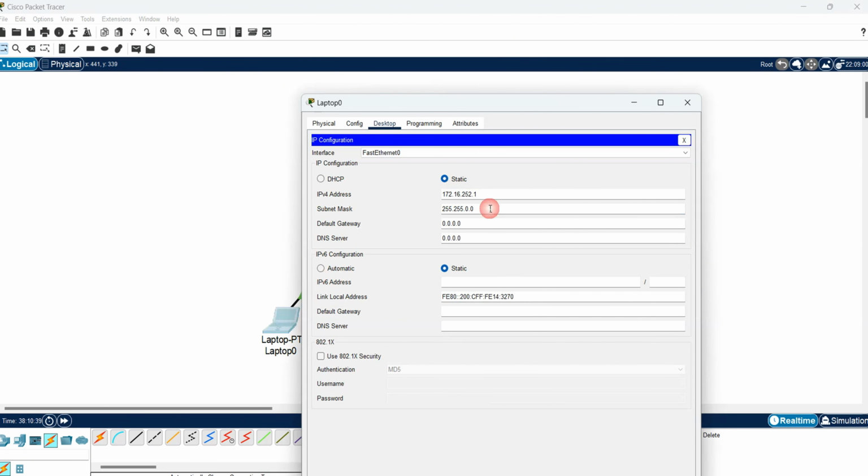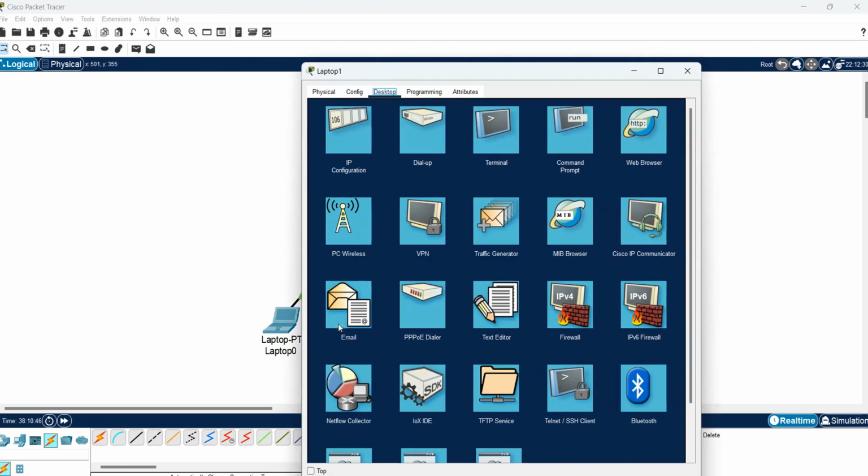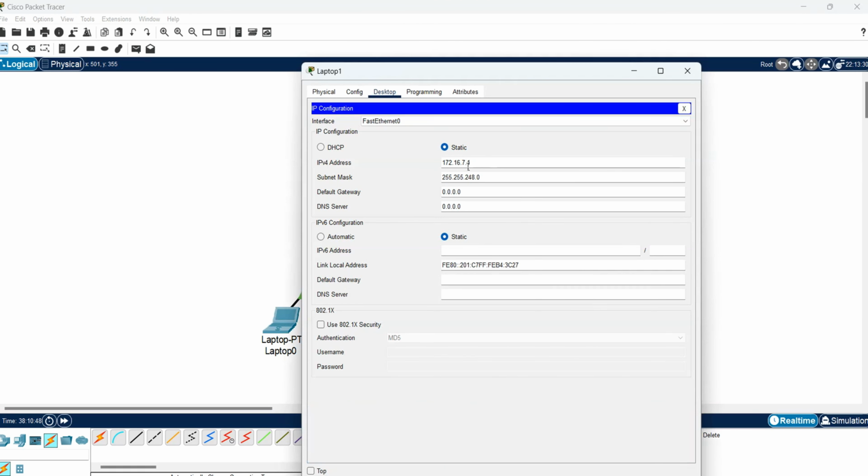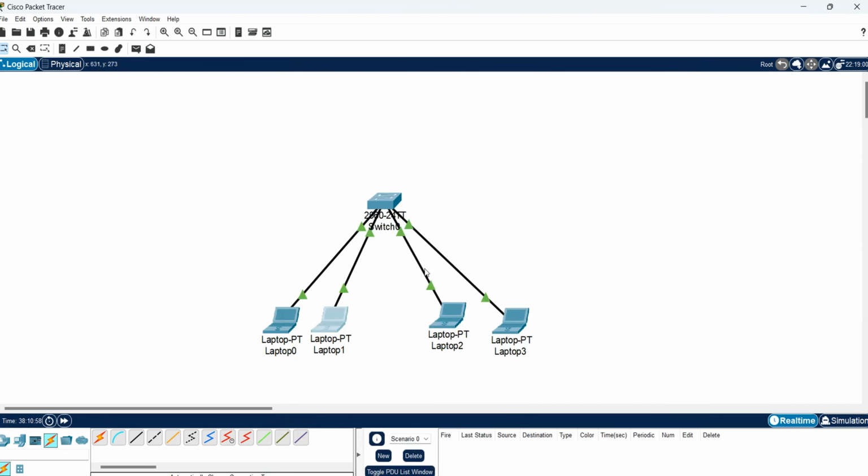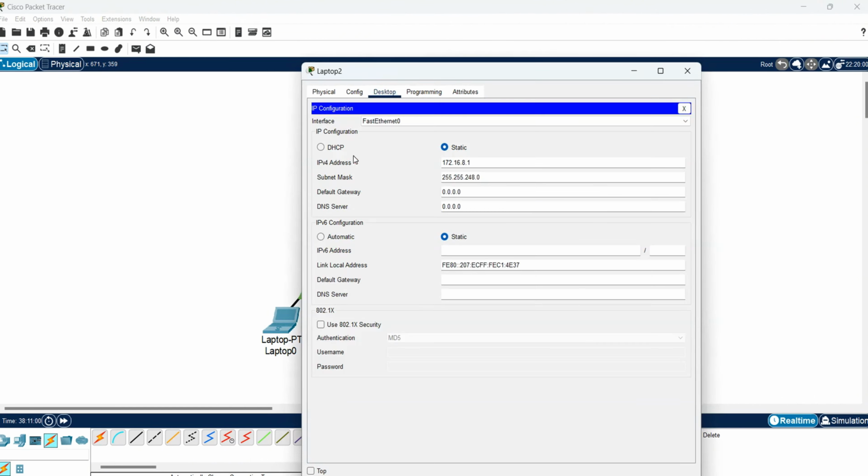172.16.252.1. And this is 254.0. 252.1. And this one is, let's say, 253.1. All right, 253.1. And this one over here is 254.0. So these two are actually on the same network, right? And this one is going to be 254.1,